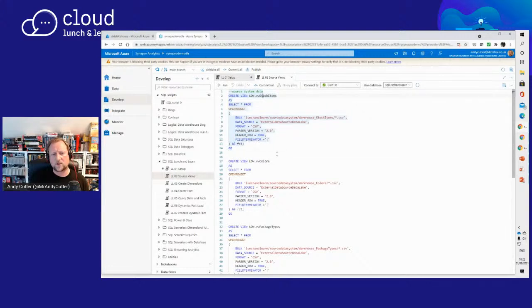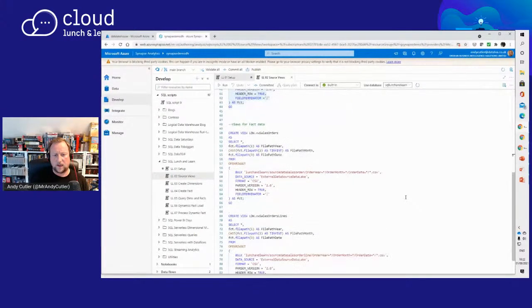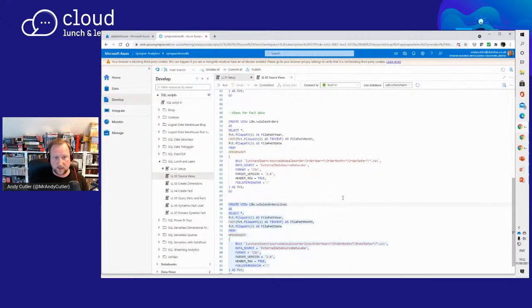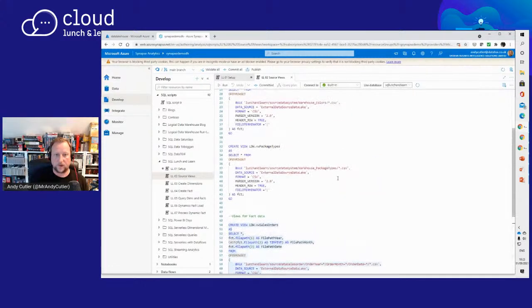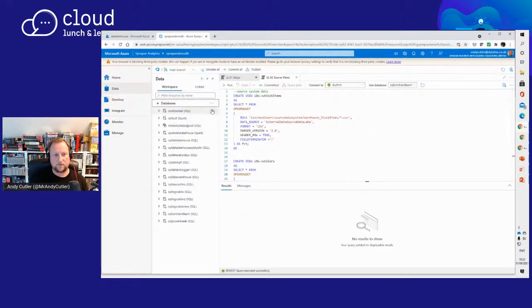So I've got stock items, colors, and package types. And I've got my sales orders and my sales order lines data. And as you can see, I've got this file path function that I'm using to expose the hierarchical folder structure. If I run those views, and if we have a look at our database,